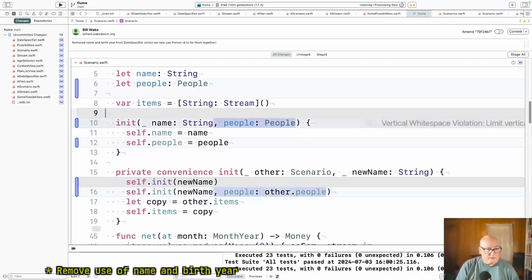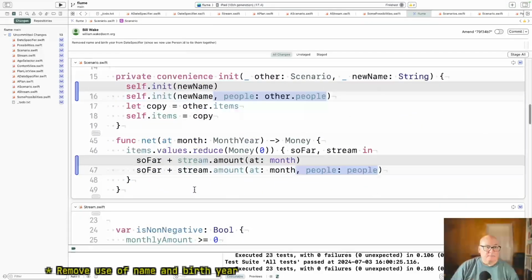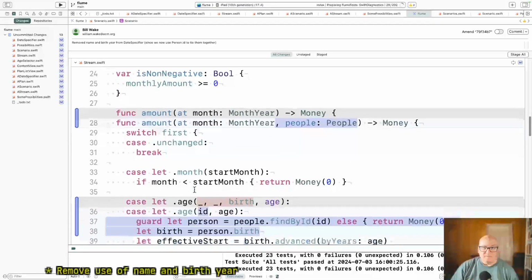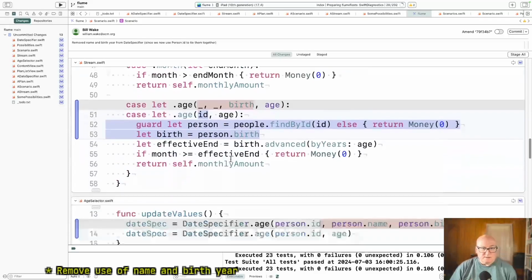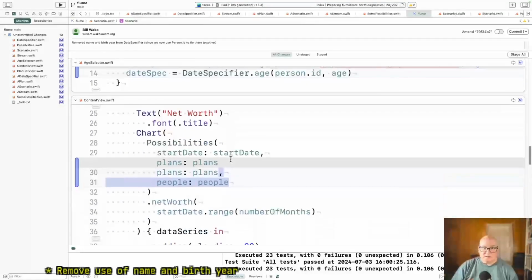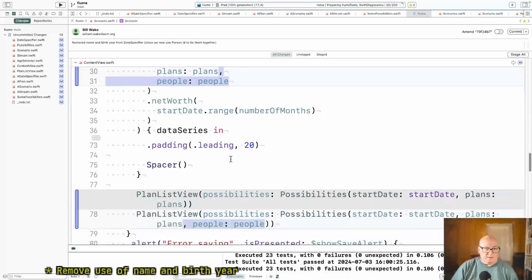Can I edit this in place? Okay. Mostly adding people, a couple tweaks when we do this, but it looks plausible to me.